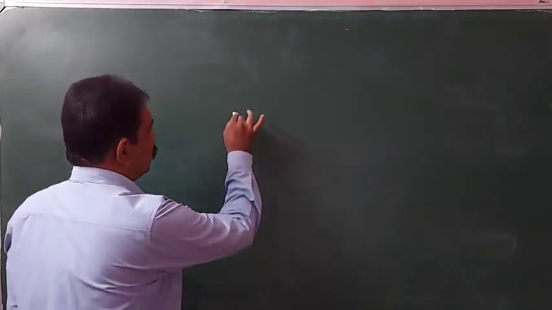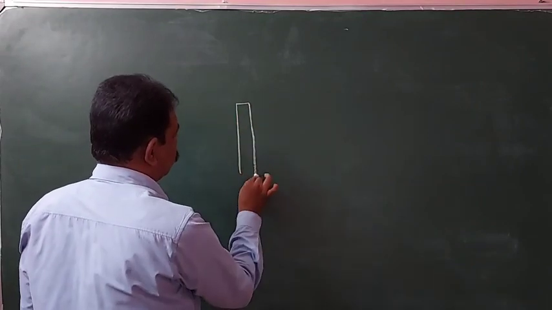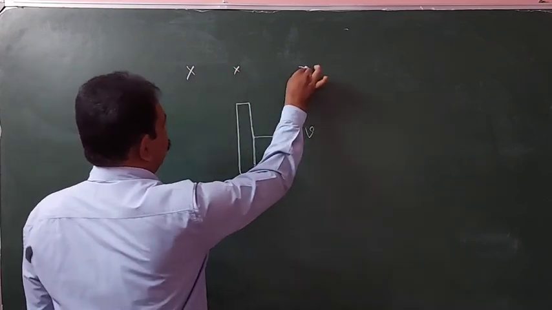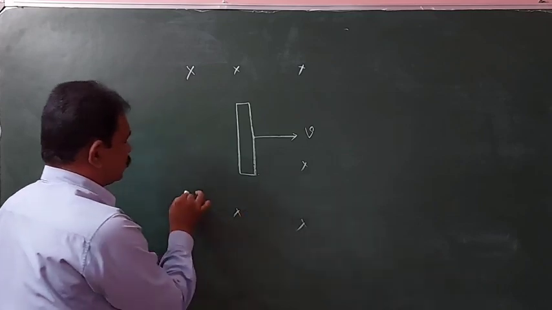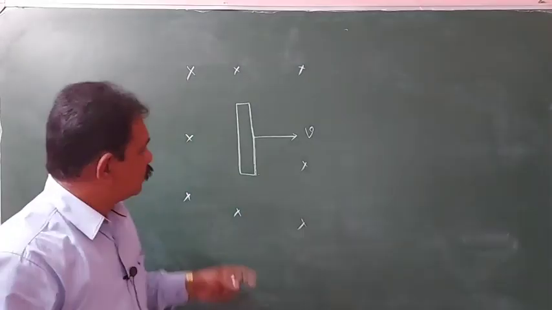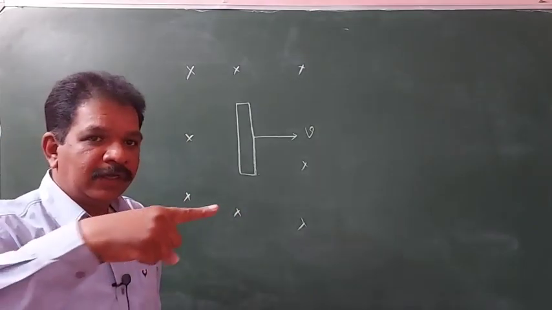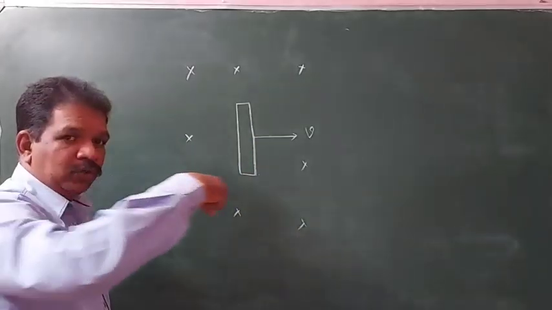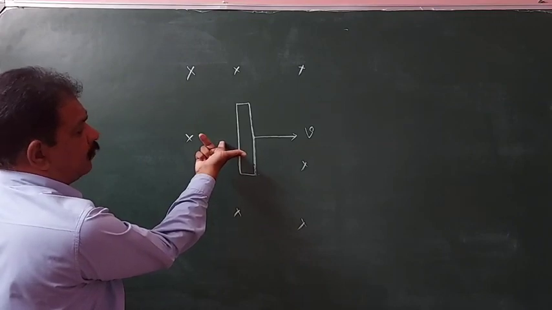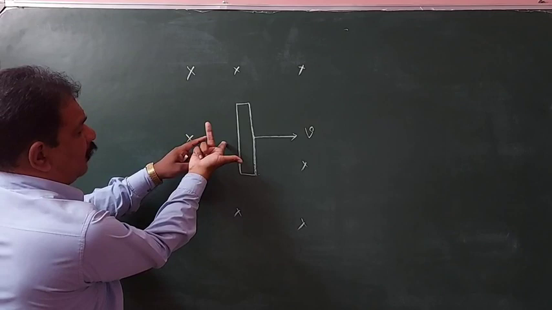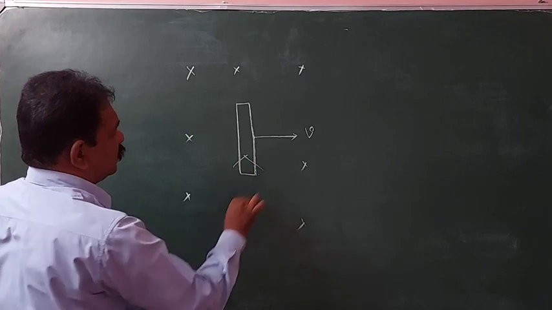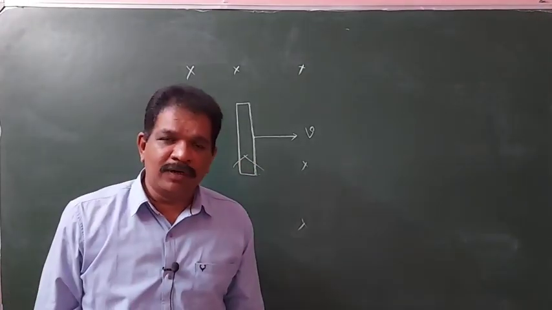That is Fleming's right hand rule. For example, here one conductor is there. It is moving like this. Here a magnetic field is applied. This magnetic field will be a cross field. Understand? So, what is the forefinger direction, the field? That is into the plane of the paper. The thumb direction represents the motion of the conductor. The central finger direction will represent the induced current direction. So, the current in this will be in the upward direction.